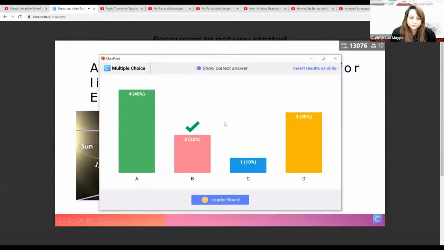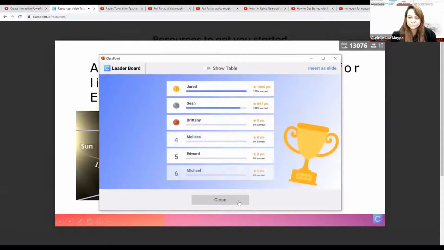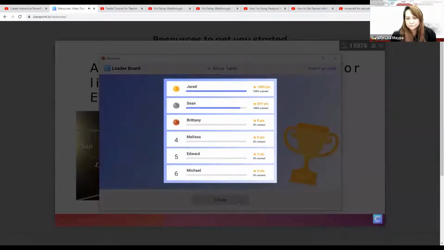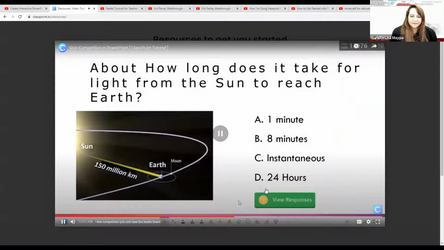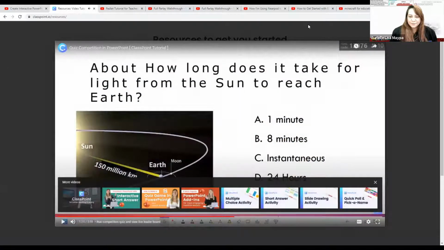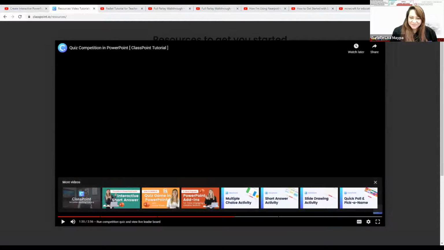And because this is a competition question, I can also view the leaderboard. This leaderboard shows the top ranked students based on if they chose the correct answer and how fast they submitted it. Let's move on to the second question. Okay, so you get the point, right? You get the idea of how to do a leaderboard. So if we can do that right now, it would really be amazing if you try how to do